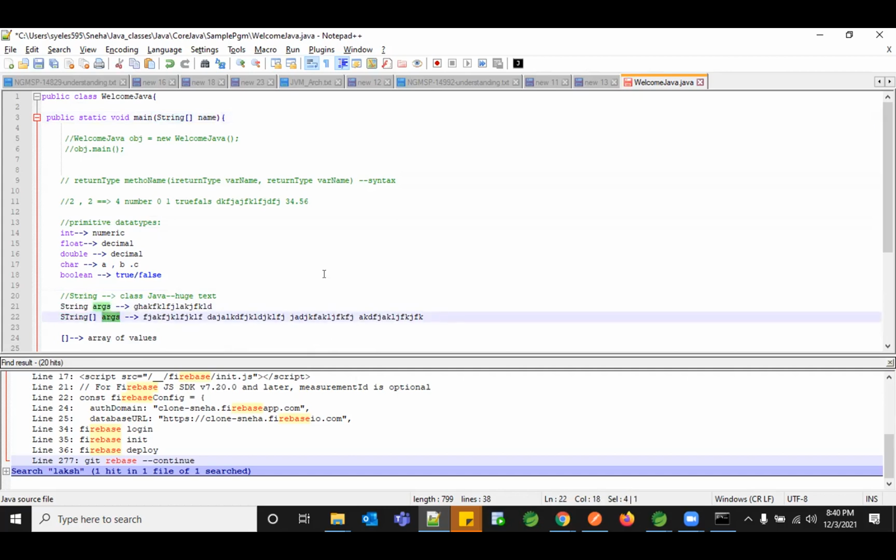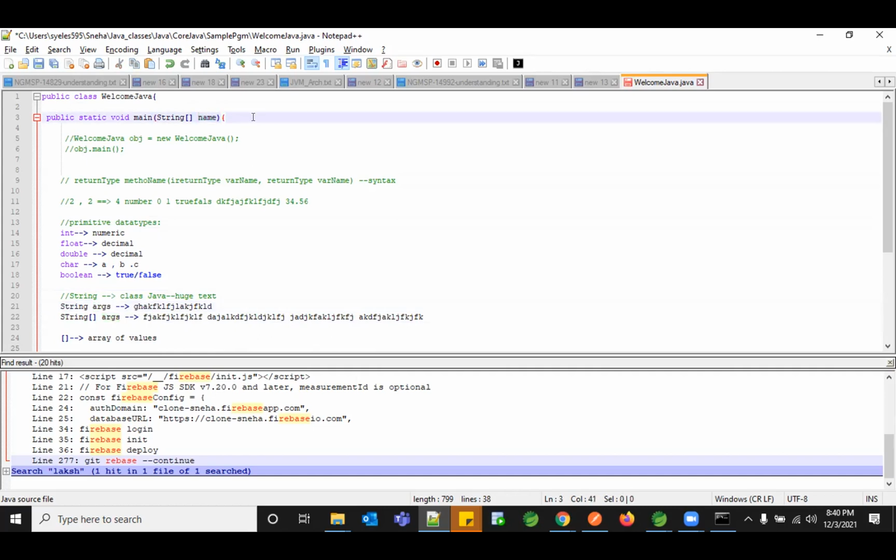But as per the reference materials you have seen so far, or will be seeing, it will always be called args, which stands for arguments, so it's more appropriate for us to understand. So you can have any name if you're comfortable with it, or if you want to go ahead with args, you can go with that. It's just a reference name for you.